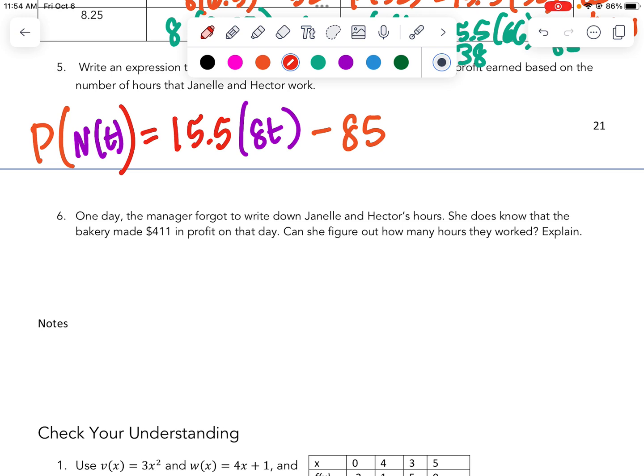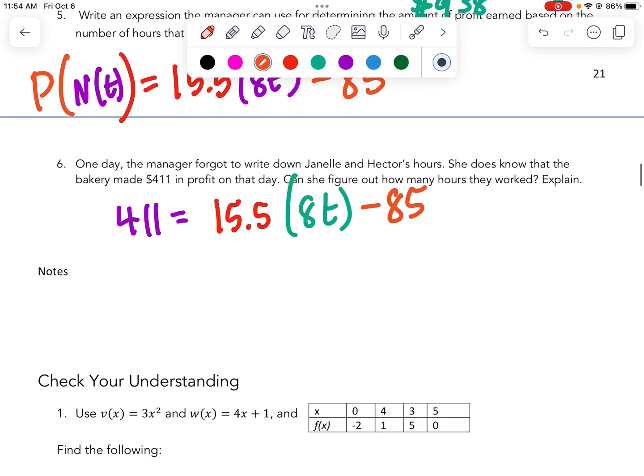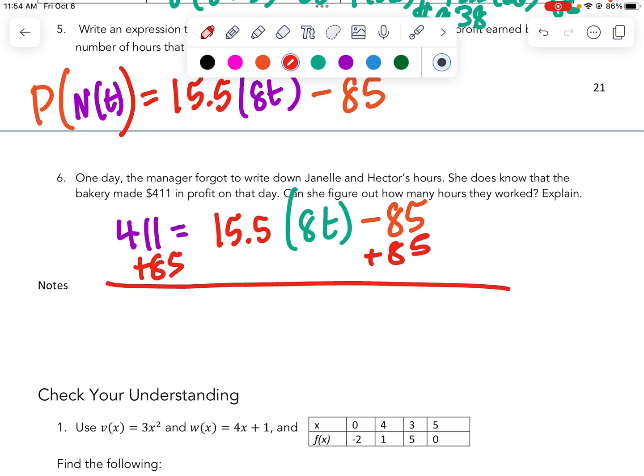Well, let's try to solve it backwards. We have $411 equals 15.5 times 8t minus 85. We can solve this algebraically. We can add 85 to each side. And that would give us